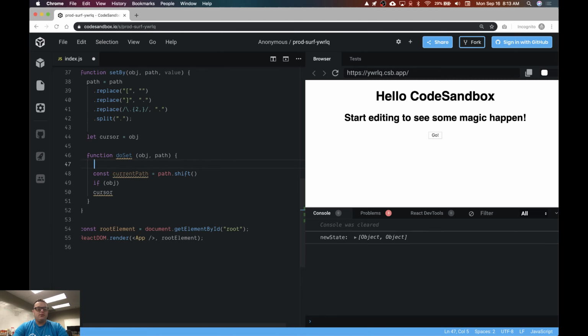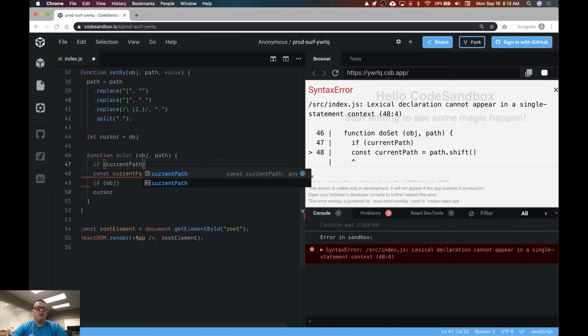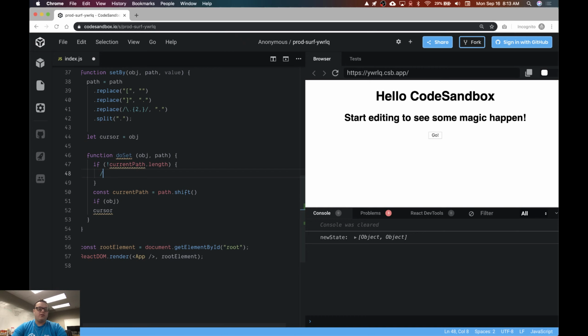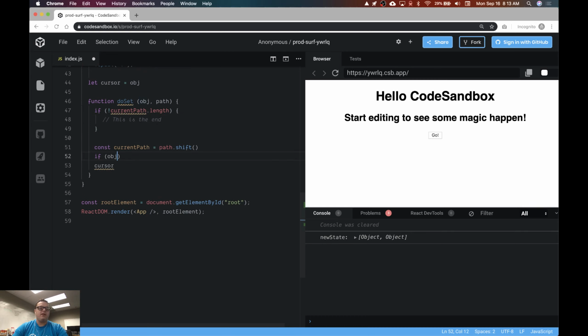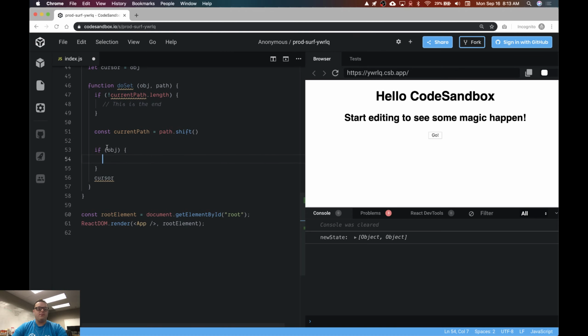So we'll say if not currentPath.length, we know we're at the end. So this is the end. Sweet. And then we get the current path. If there is a path, we pop it off, or we shift it off. We get the current path, and we say, okay, if the